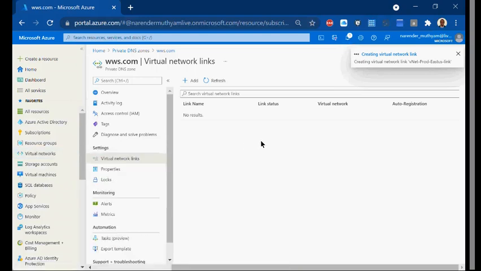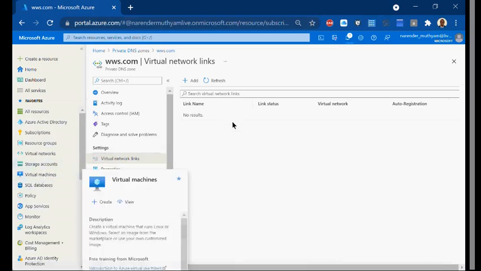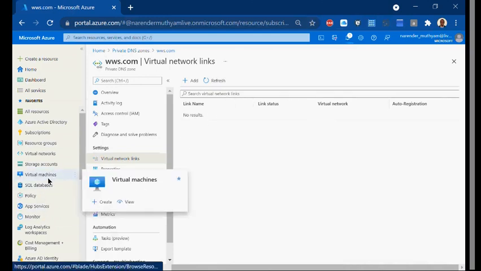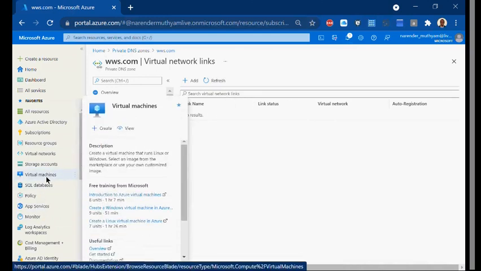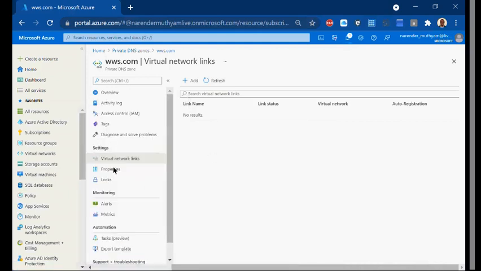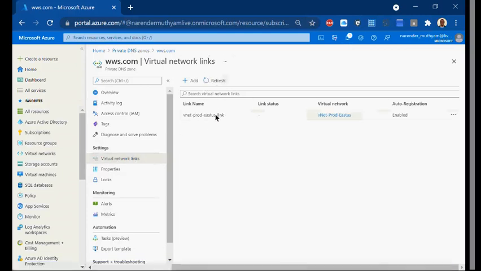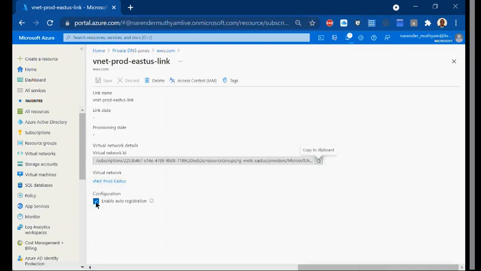The moment I do that, I can go ahead and create virtual machines, and their names are flat names, not domain names. Whenever I add a new VM, automatically it will get the record created here. Because when I linked it here, I chose to enable auto registration.